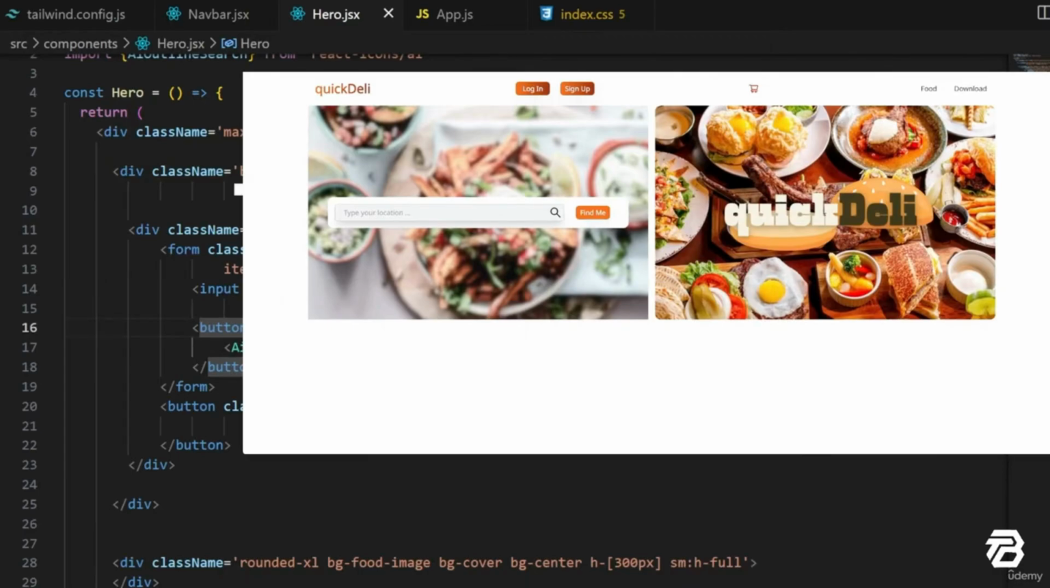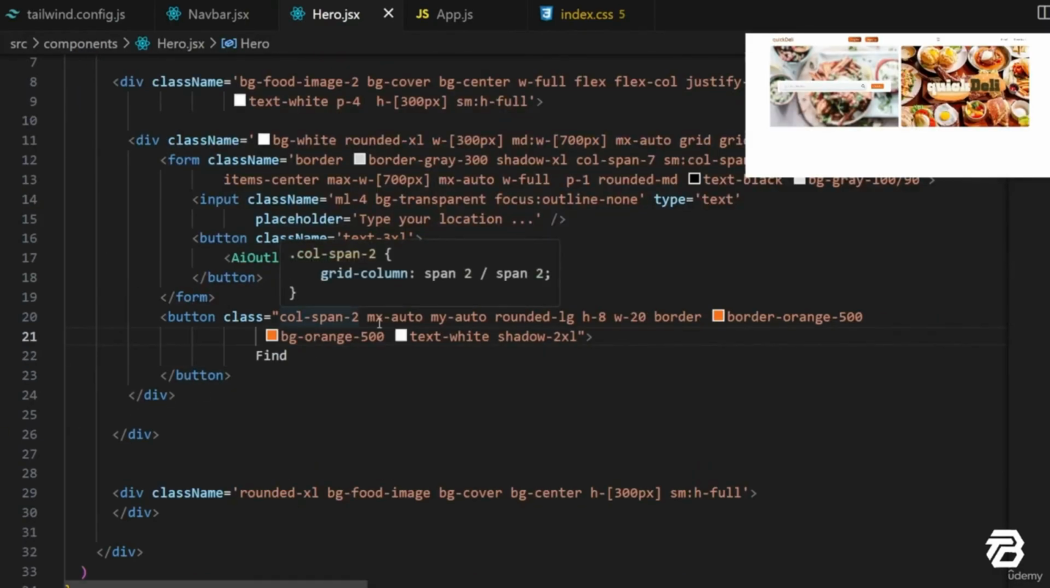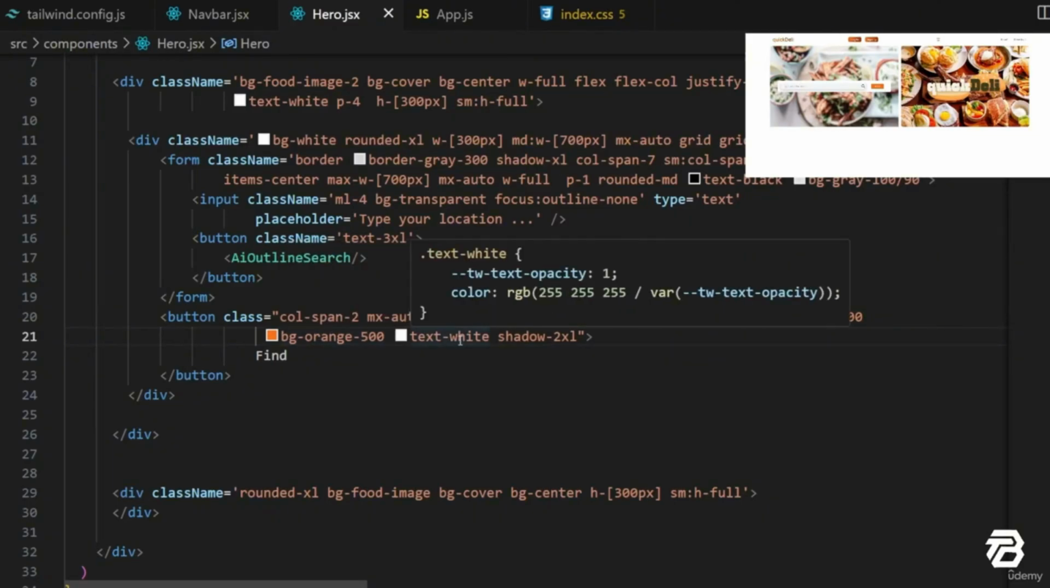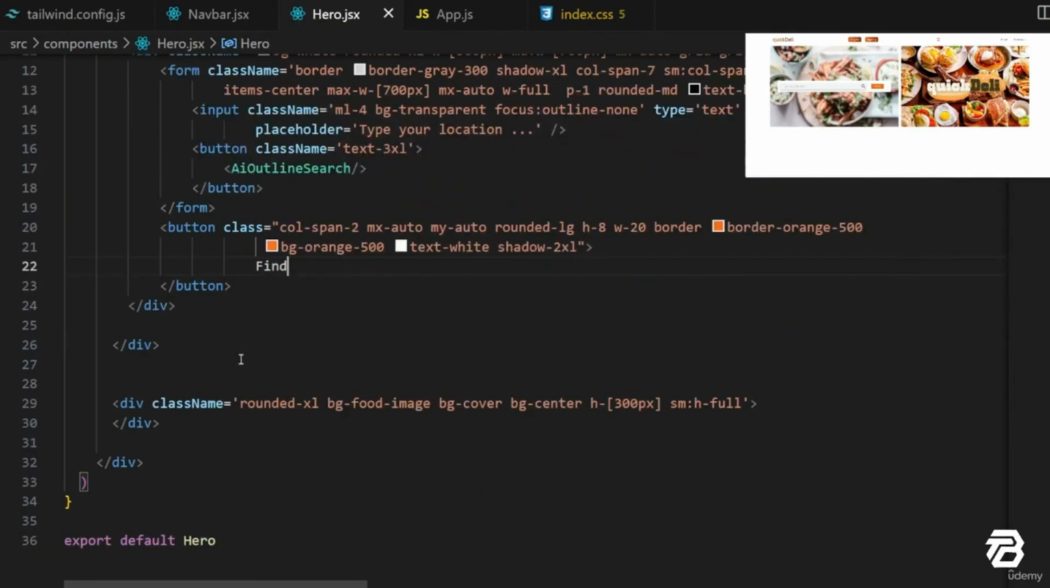There, next to this form, is a find button. I will simplify it a bit. So there is the margin, horizontal and vertical, set to auto, border radius, height and width. Then we are using border to orange, background to orange, and also text color and some shadow around our button. Then we have there only the second div, that is with the background image, and that's it for this hero